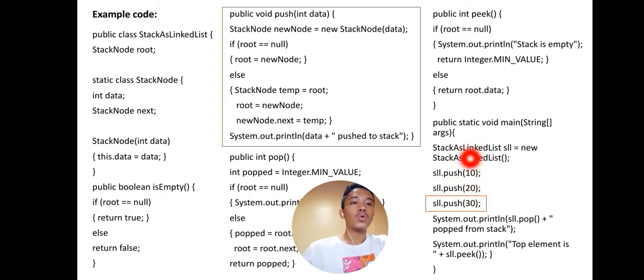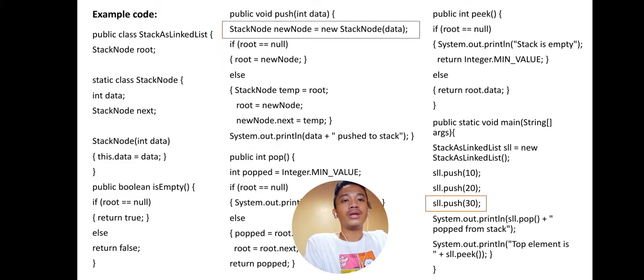So we need to pass the value of our parameter to the method. And next we'll read the object creation stack node new node, and once again it will trigger this group of code and